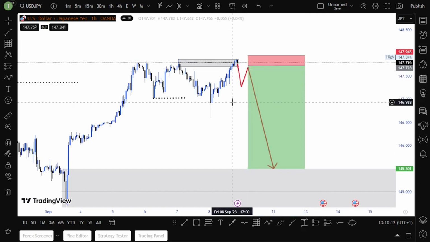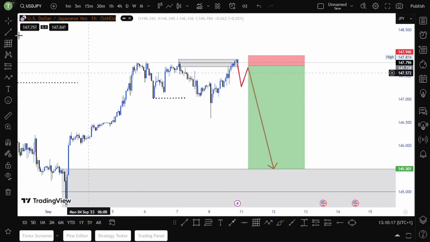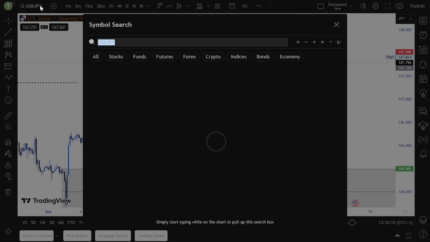Then I will just put my stop loss. A 1 to 10 risk reward ratio is also good, guys. So that is my view on USD JPY. Now let's look at